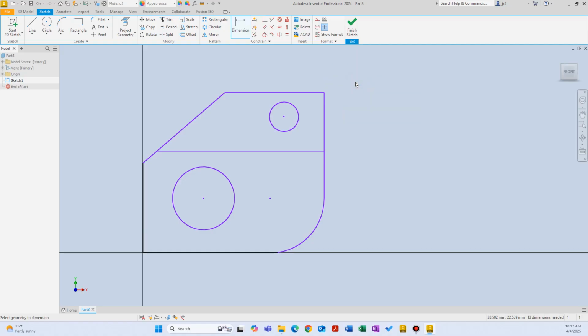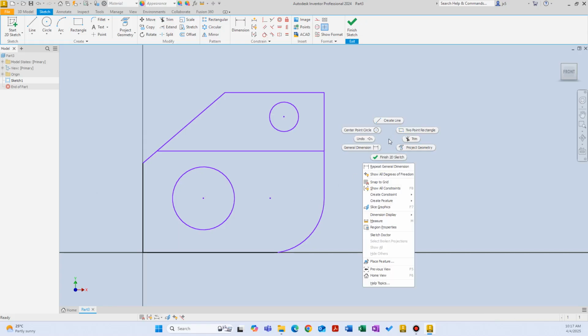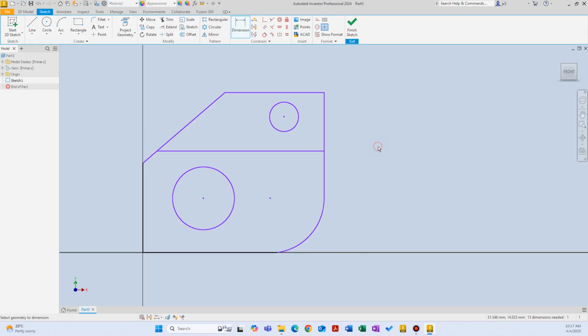Let's use this one and click on that, and now you can apply a dimension on the vertical line we created here. I'm just going to right click and say cancel, and I'm going to activate the general dimension again to show you something else. I can hover on these lines and I can see which lines I can dimension. And now I am coming here, and notice that I can also highlight the beginning point, end point, and the midpoint of the line. So I can use those as references too, but I am intentionally selecting the entire line